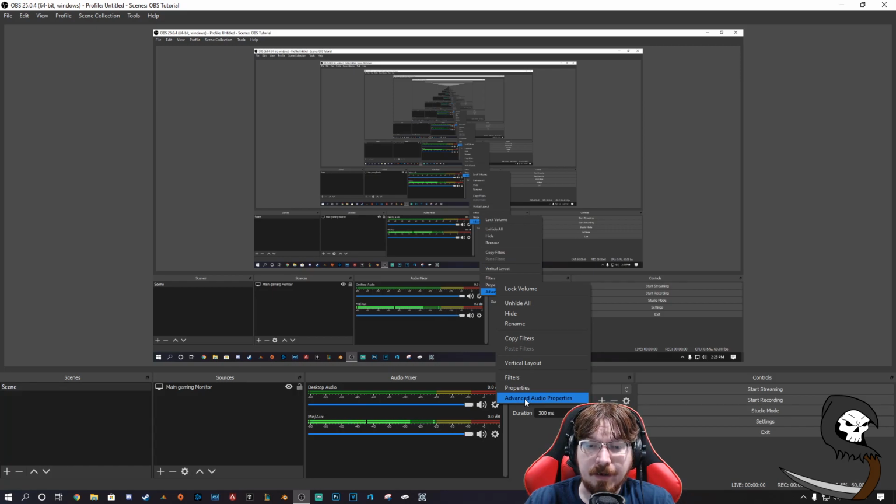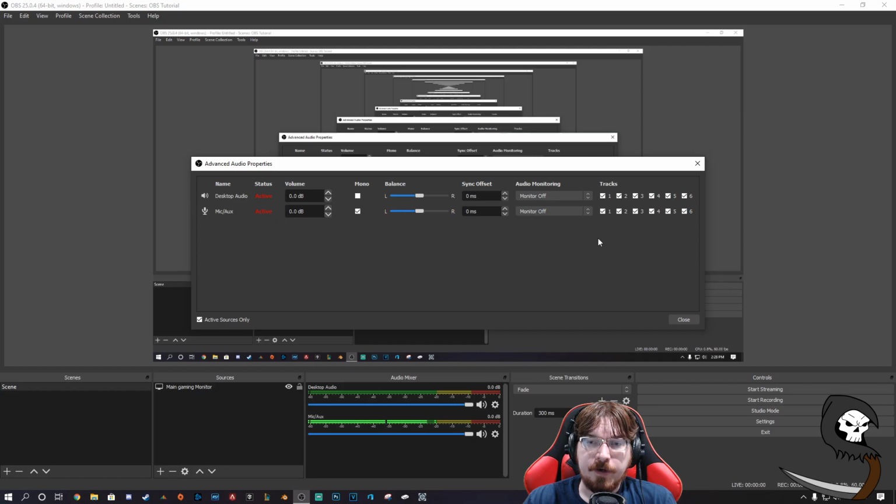Go to advanced audio properties. Now over here on the very far right, you can see that you have all these different tracks. There's 6 different tracks available for streaming and recording. So for streaming, I want all of my devices to be available. So track 1, which is what your default is for your stream, I'm going to leave both of these devices